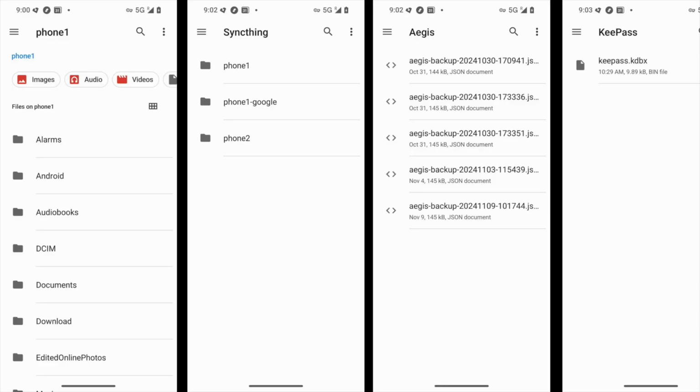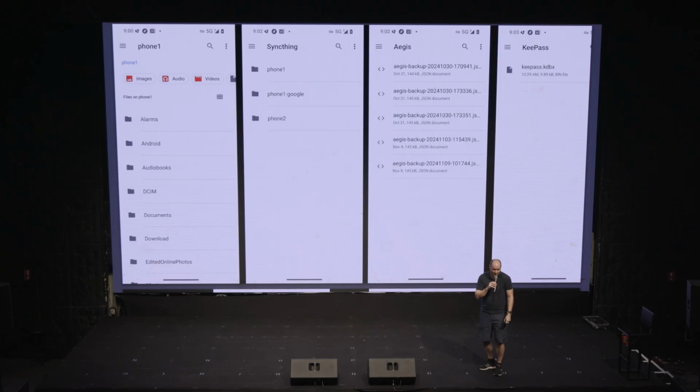So Aegis is doing a daily kind of backup, and KeePass is not. So for both of these applications, but also just for general photos that I'm taking on my device, they're just getting synced in the background, but not to the cloud, to my other computers. So I'm kind of doing what my dad did and does, just having files and having a backup routine, right? There's no service provider, there's no intermediary, it's just me, straight peer-to-peer.